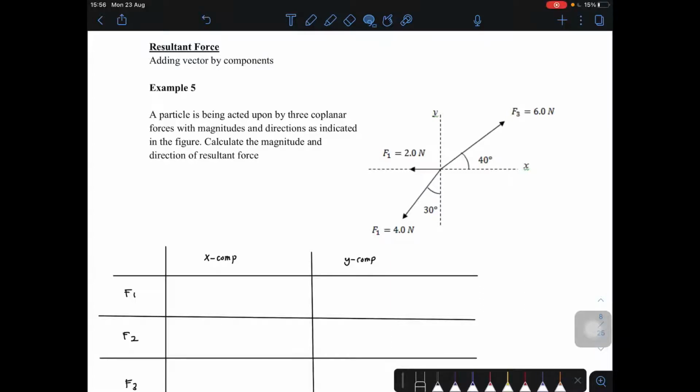Okay, now we look at example 5. This example 5 is focusing on how to add the vector by components. Maksudnya kita kena cari resultant vector. So since kita ada banyak forces, right? Okay, so untuk step yang tadi, in the previous video, we have learned how to identify the forces